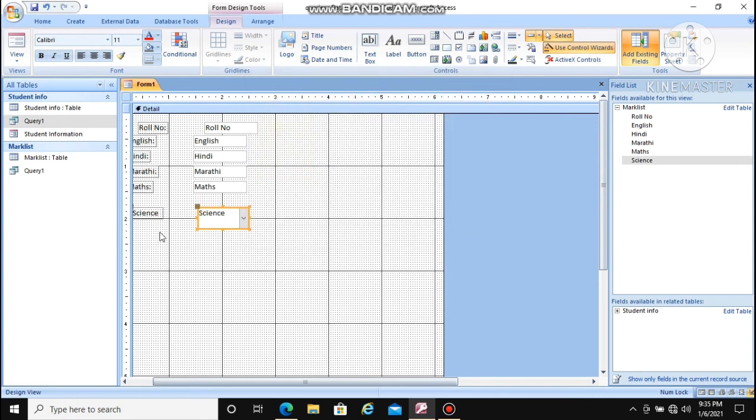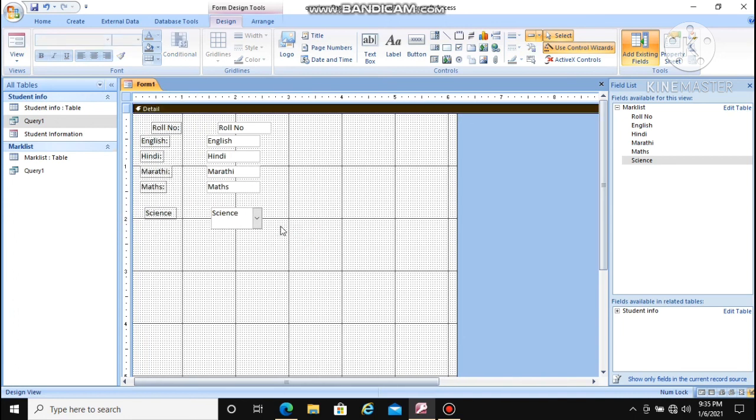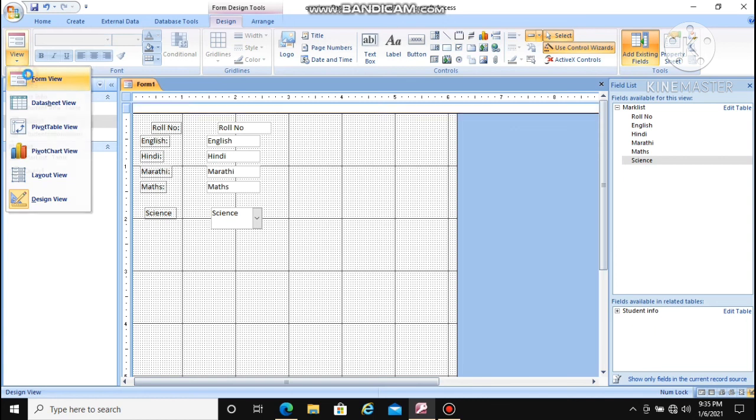Now you can see this science label is there, and here we have that list created. Would you like to check how it looks when you run this form? For that you have to change the view of this form. Currently we are in the design view. Now we can change to the form view. Click on this view arrow button and click on form view.